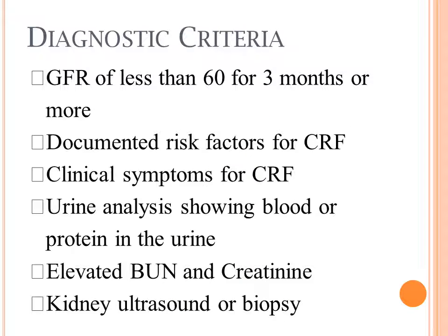So diagnostic criteria: what are providers looking for for this diagnosis? Well, things need to add up and form a complete picture. We are looking for a glomerular filtration rate of less than 60 for 3 months or more. So again, not an isolated lab test would confirm this, but really a trend over time, a pattern of change in your patient. Documented risk factors for chronic renal failure, and again, that's diabetes, hypertension, or